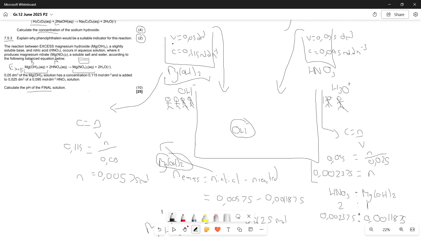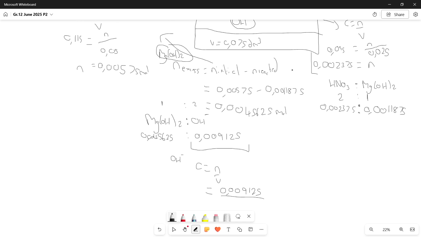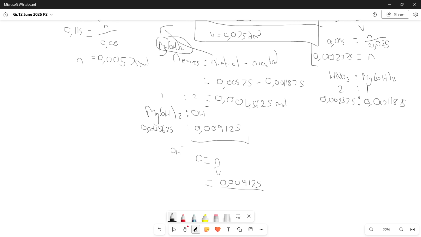which means we are not the 0,05 over there or the 0,025 over there. They haven't mentioned it here, but they usually do in papers say that the volumes are additive when we add them into a new beaker, which means that the 0,05 plus 0,025 gives us a total volume of 0,075 dm3. We're just adding the amount of volumes. If you were to pour Oros in one and Sprite in another, this would be the collective volume. They would add up directly, and that is how we treat these questions when they are added to the same beaker, which means that this will be our volume plugged into this formula because they are now in one bigger beaker with a new combined amount of solution,